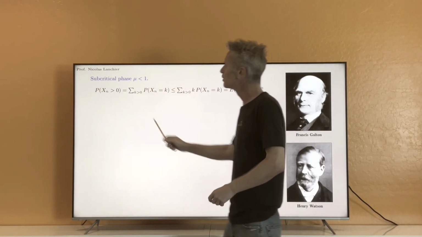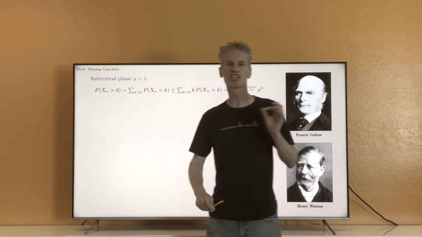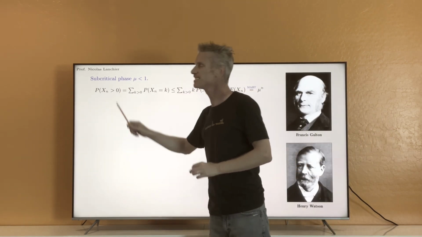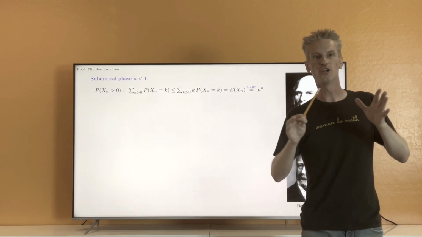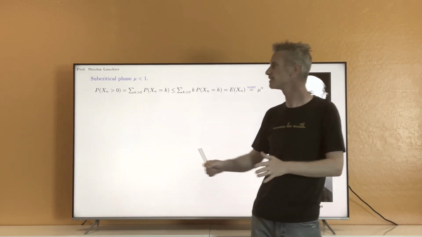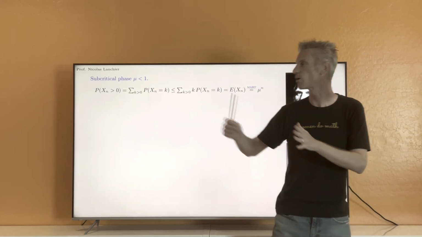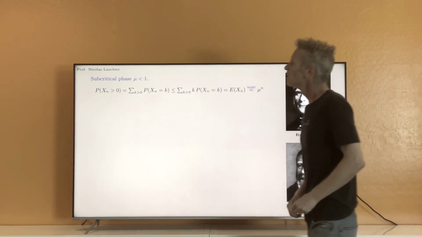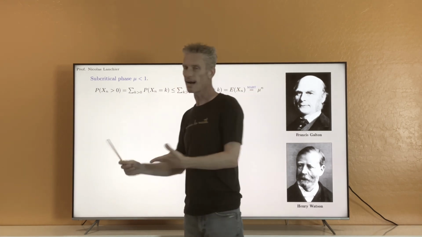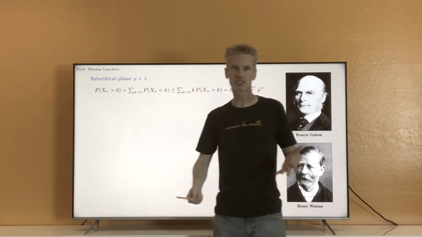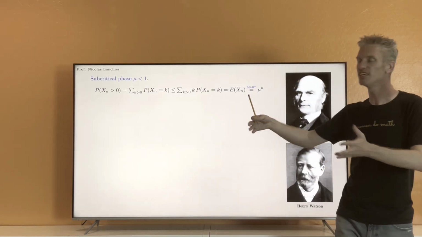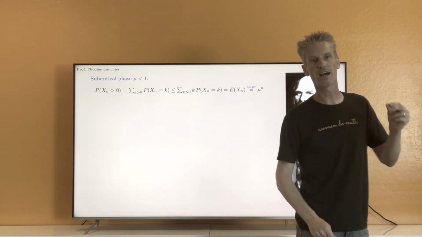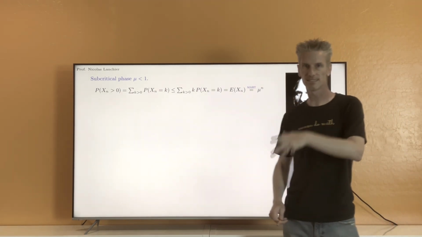And I'm going to look at the probability that Xn is larger than 0. Strictly larger than 0, so that means exactly the probability that the population is not dead yet at time n. That's the probability that the time to extinction is larger than n. Alright, so first I'm going to use the fact that Xn strictly larger than 0, because that's an integer valued process, means exactly that Xn equals 1, or Xn equals 2, or Xn equals 3, and so on.